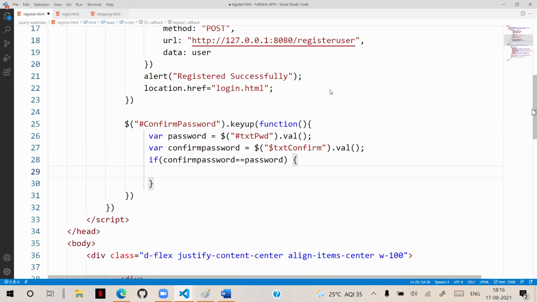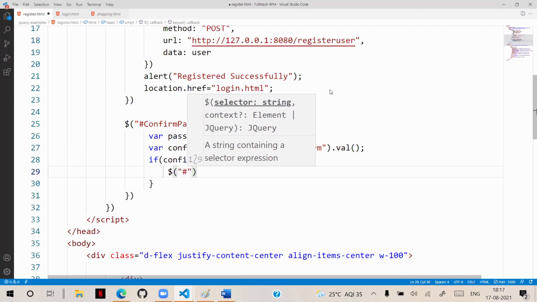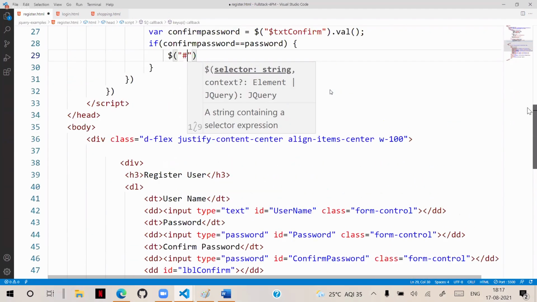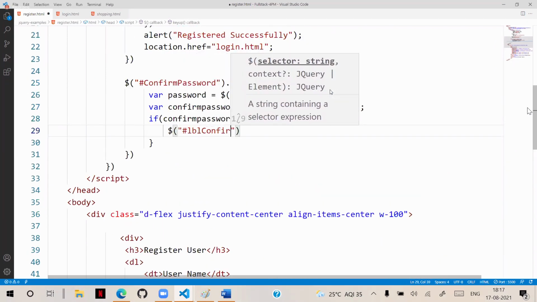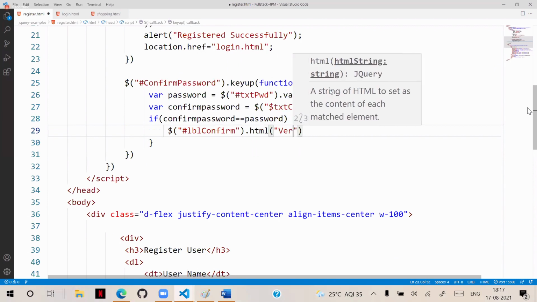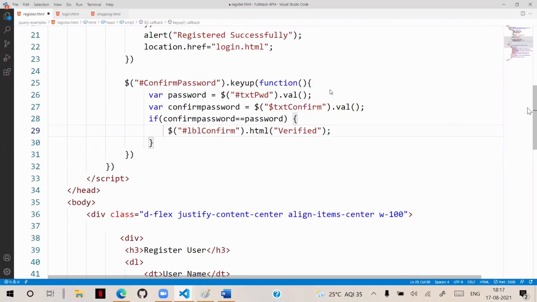That means I should display it here with the hash and the ID I want to display the message in, LBL confirm. LBL confirm dot html, I need to display verified. That message should come, verified successfully. This message should come. Else, what should happen?